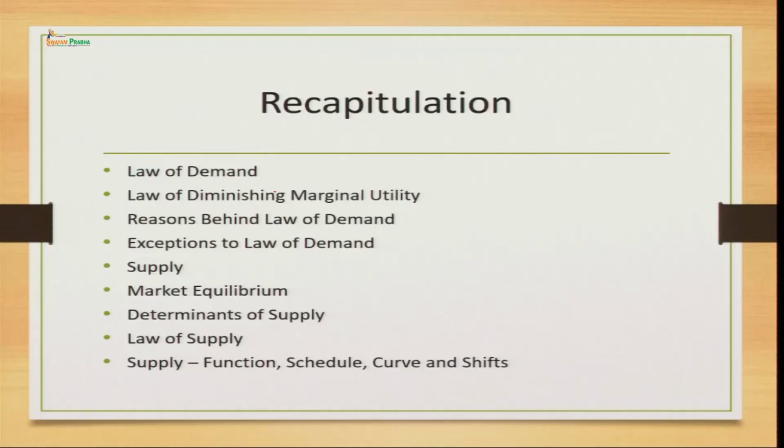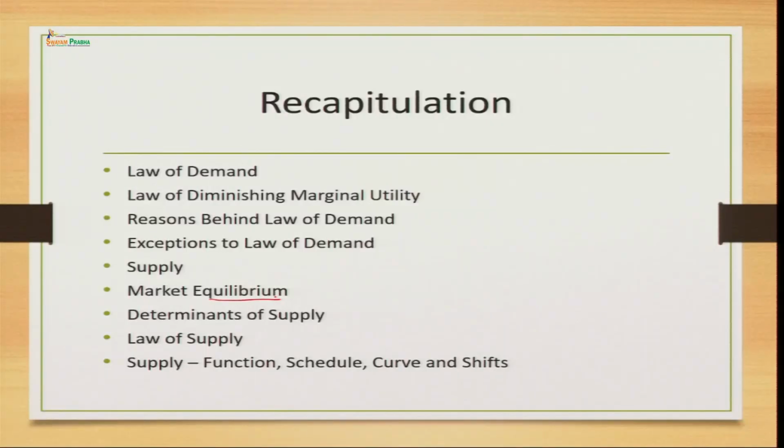Thereafter, we have also talked about supply, which is again very important, because when we talk about demand, it is also important for us to know what supply is, and supply is basically from the producer. It represents the willingness and the ability of a producer to supply at a given price at a given point of time. Thereafter, we have seen market equilibrium. Market equilibrium is the state of balance where aggregate demand is equal to aggregate supply. When demand and supply are equal, our market is in equilibrium, which represents that consumers are ready to buy at the price at which the sellers are also ready to sell.